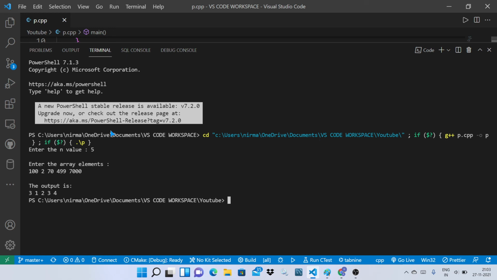Here it is printing the output: 100 consists of 3 digits, 2 consists of 1 digit, 70 consists of 2 digits, 499 is 3 digits, and 7000 is 4 digits.